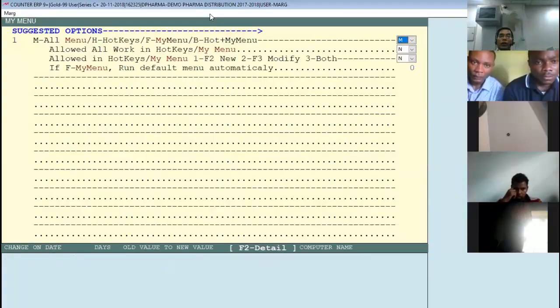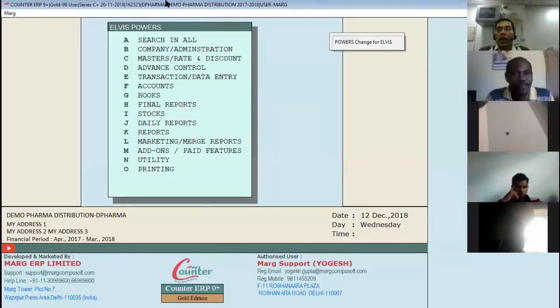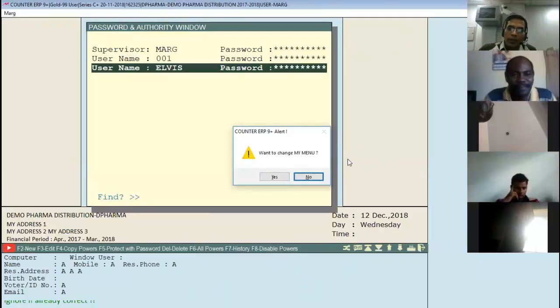Sir, in my menu we have the very first option, all menu, hotkeys, F for my menu. So I'll choose here F so that he can see only my menu. I just click here, escape. Yes. Now it is asking, want to change my menu. I say yes.